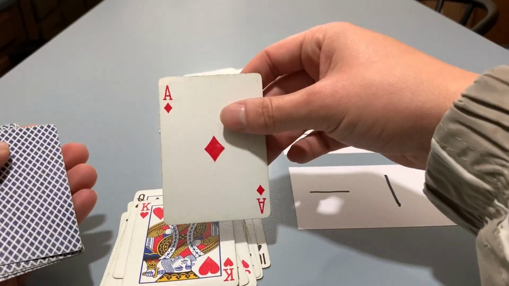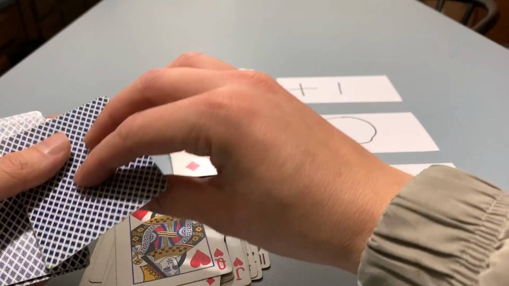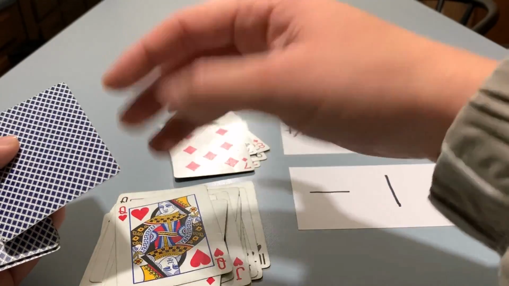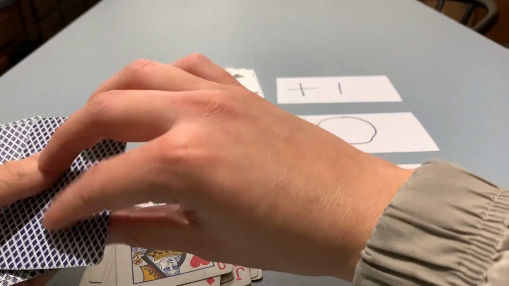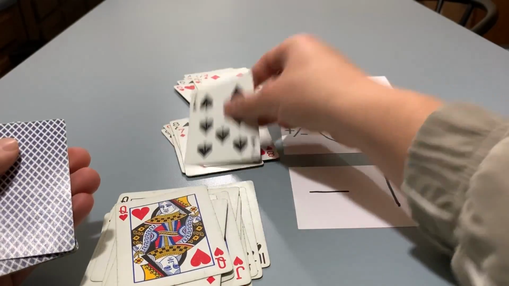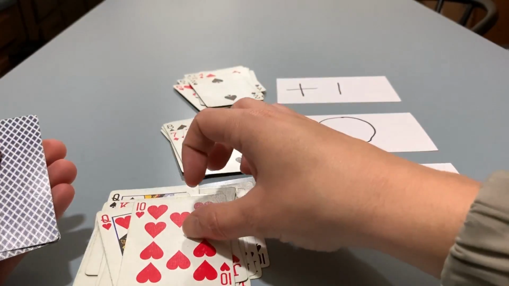Another 0. -3, -4, so now we should start seeing some lower cards because we're getting higher up in the negative numbers. Another 0, we're still at -4 though. -3, a 0. We're still at -3, -2, back to -3,